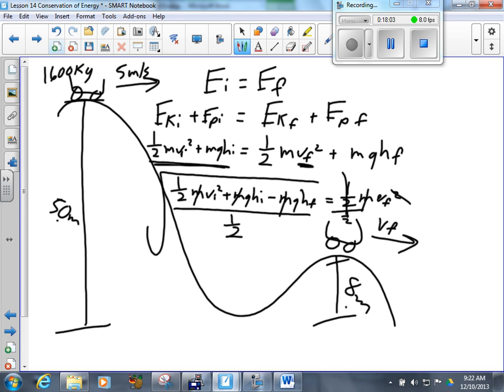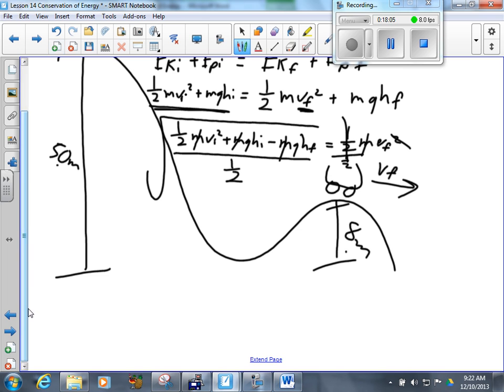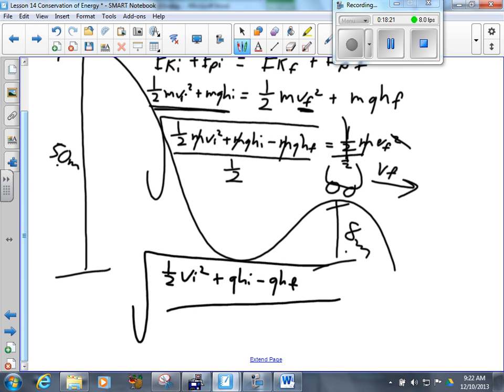So now we've manipulated. Okay, our final formula looks something like this. We'll have the square root of 1/2 of VI squared, or if you left the m's in, mVI squared, plus GHI minus GHF, over 1/2. The 1/2s do not cancel. The reason they do not cancel is because I've got this operation having to be done first before I divide by 1/2. Okay? All right, that equals